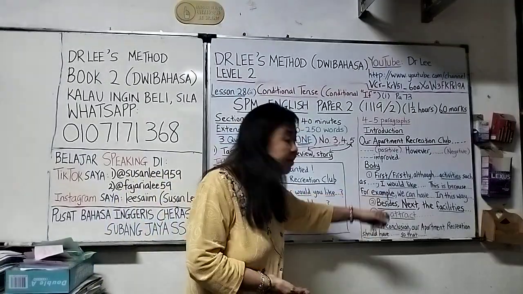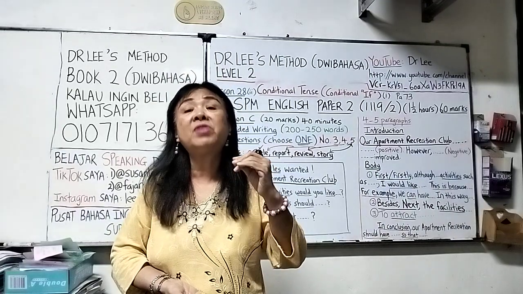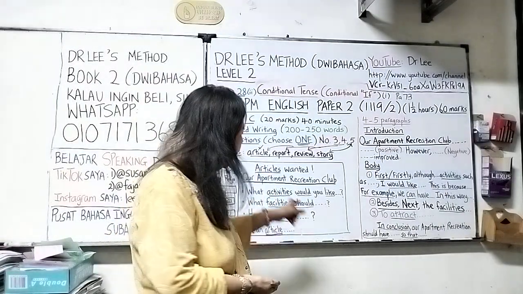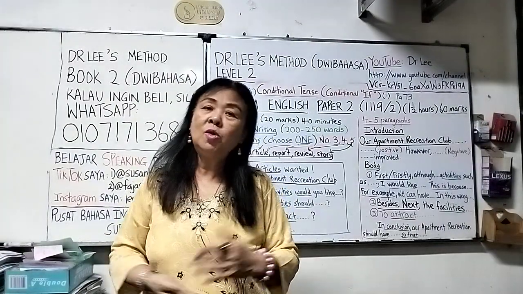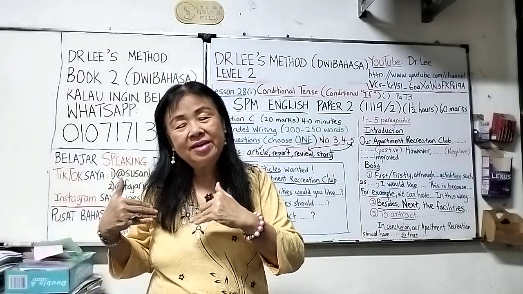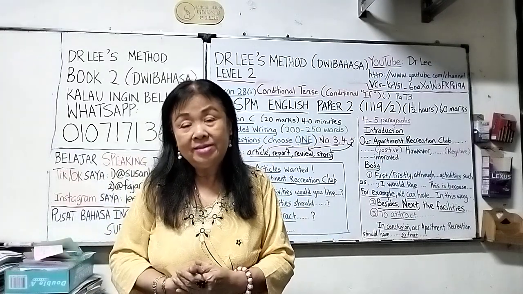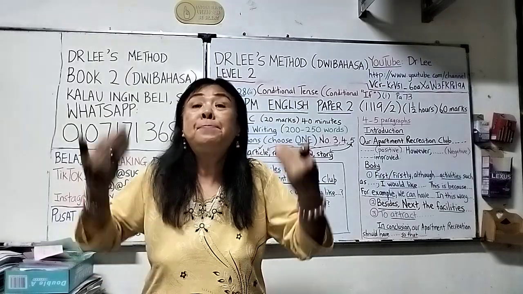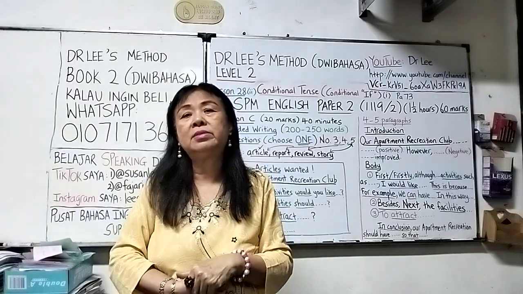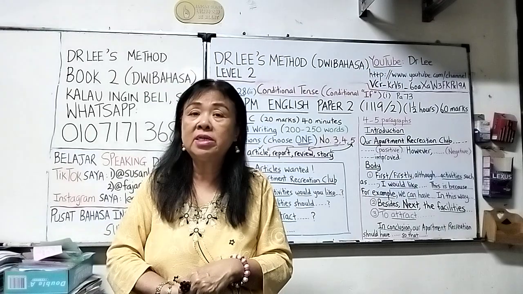And then again, how to attract? One area which can really attract people is to have a good restaurant or a cafe in our recreation club, so that all the residents can come to the cafe to have their breakfast, lunch, dinner, or even supper. See, you're not just saying attract. Besides, I can say that membership fees should be reduced, because presently the membership fees are too high. Not many people can afford.